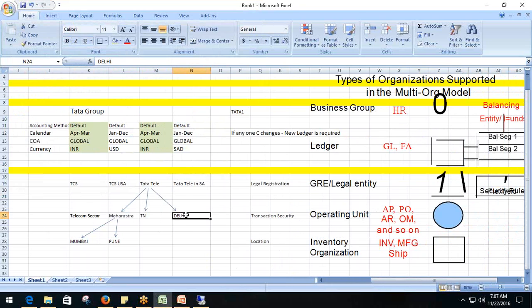One aspect we need to consider here is that Maharashtra has its own billing and its own set of customers. Maharashtra would not bill somebody who is in Tamil Nadu,